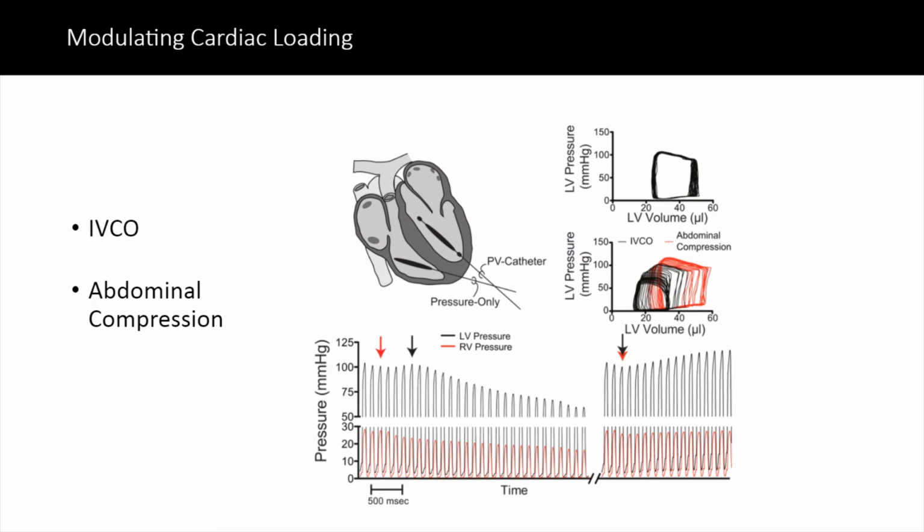What happens in the mouse, which you can see in the PV loop on the right side with the red and the black. If you look at the black for the moment, you can follow it along as it begins relatively full, and then as we're decreasing the IVC return, you can see that the end diastolic volume starts to decline to a point. And then it stops declining. And then the whole loop just actually starts to shrink. And what's happening there is that as you get down below